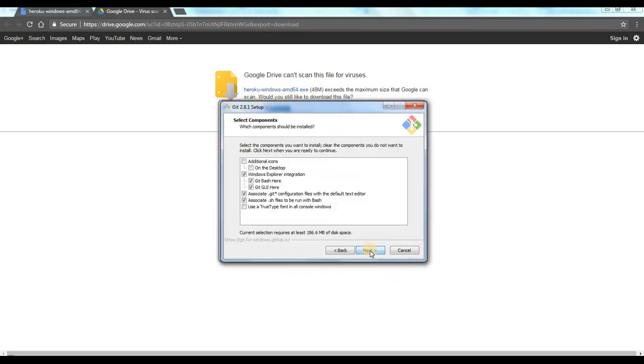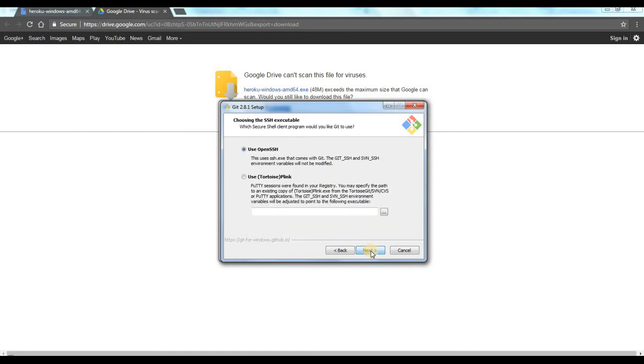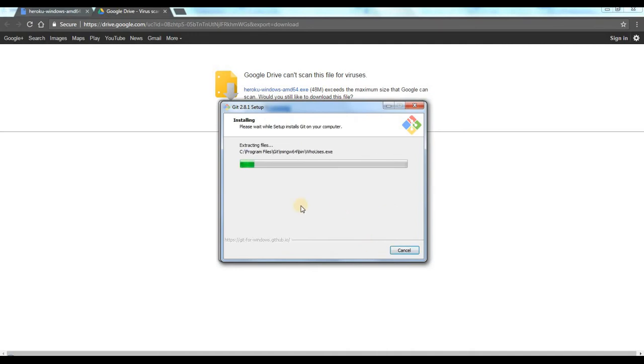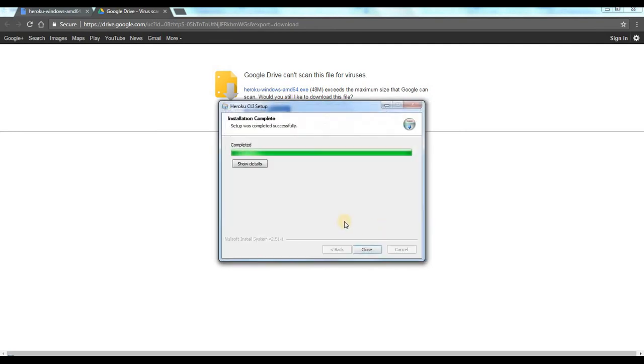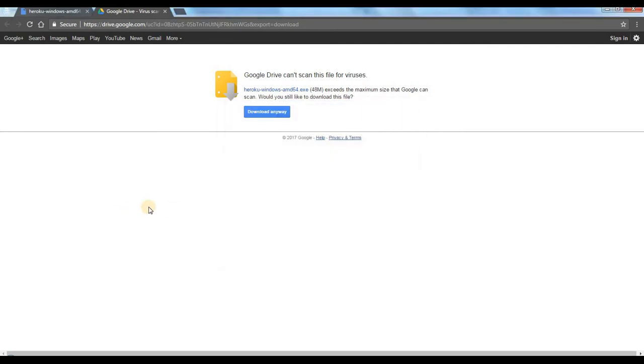You need to install that also by clicking on next, next, next, finish. These are the two prerequisites you have to complete before we start the deployment of your project in